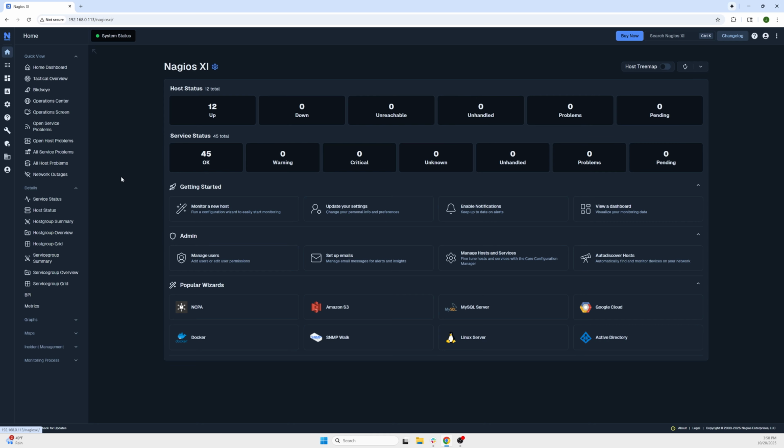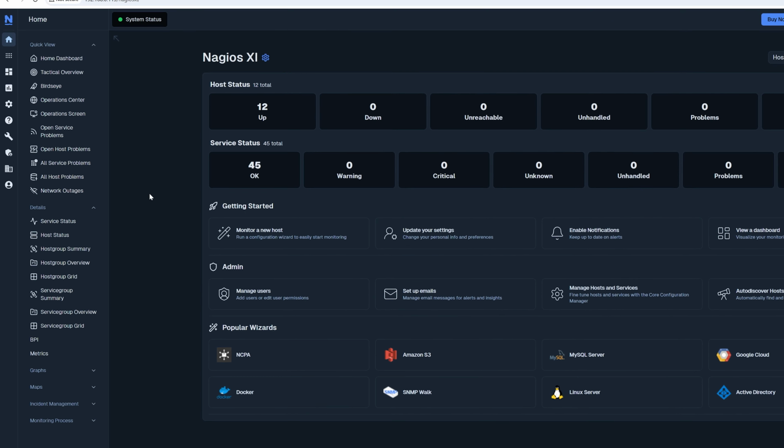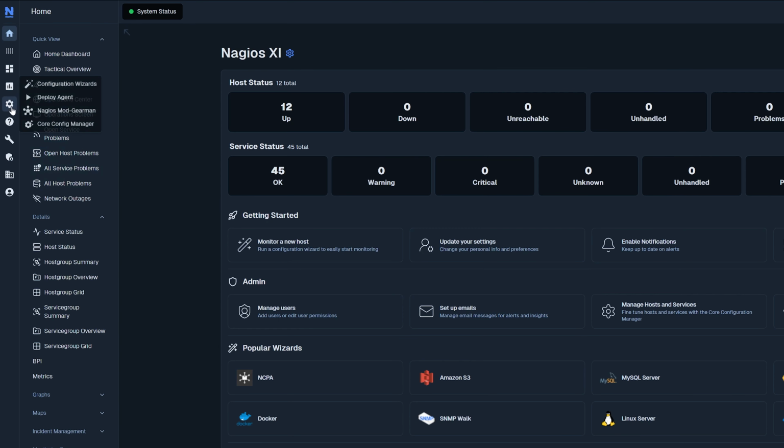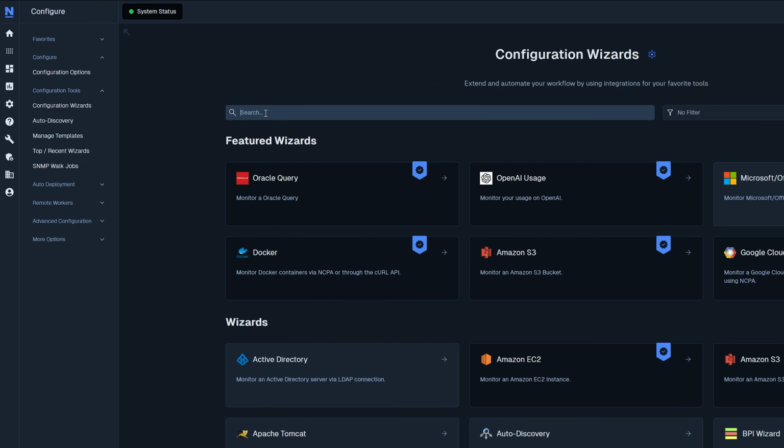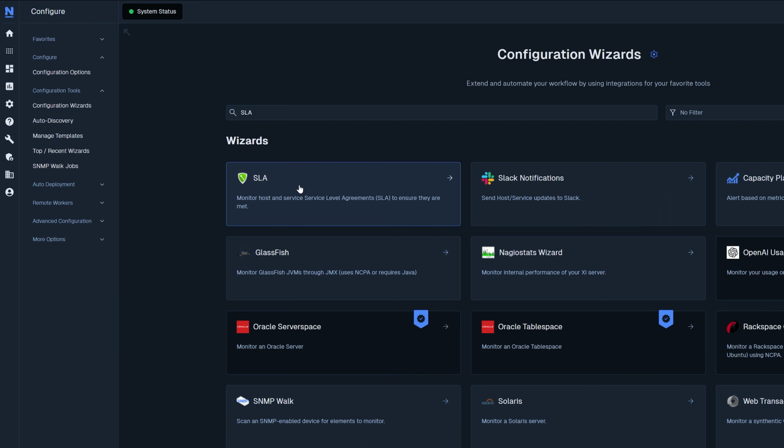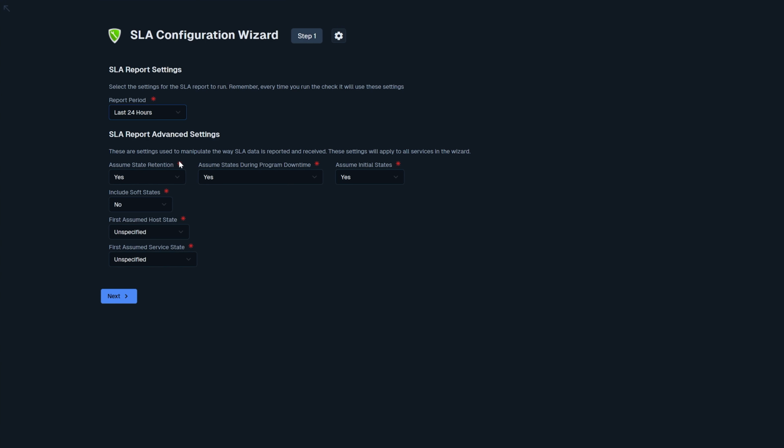Now this tutorial can be done in both the modern and Neptune themes within Nagios XI. If you'd like to see it done in modern, please skip to the timestamp, or follow along here to see it done in Neptune. From the main Neptune homepage, you can go to the settings icon on the left and select Configuration Wizards. Here you can scroll through or search for the SLA wizard, where you'll be met with several